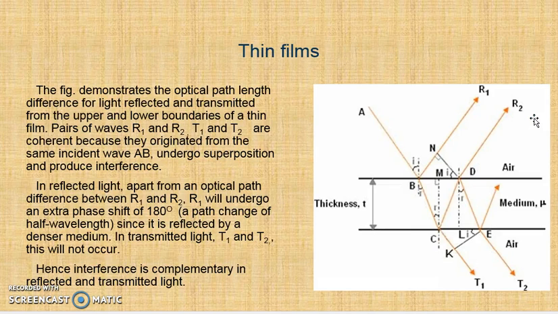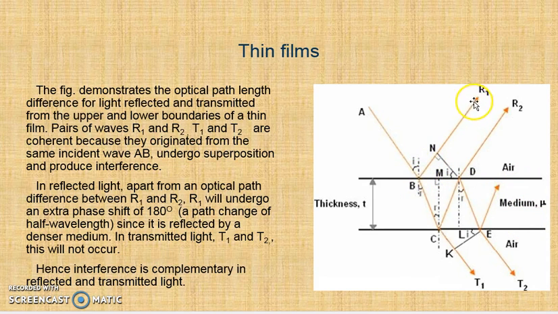And another example of interference by division of amplitude is thin film interference. Here, the light wave AB, when it falls on the surface which separates air and some medium having higher refractive index,